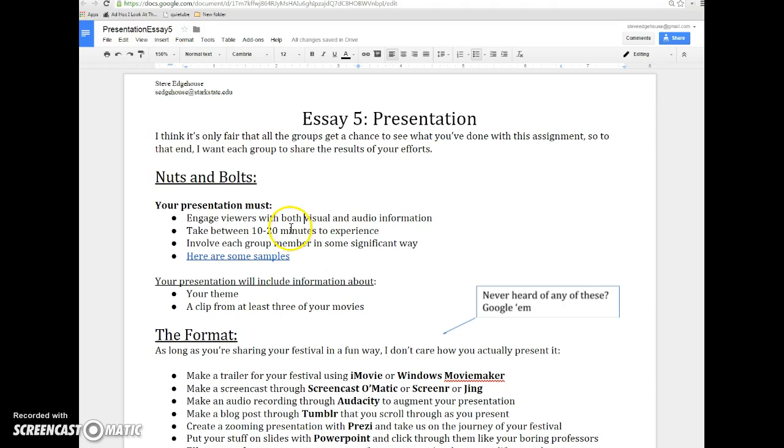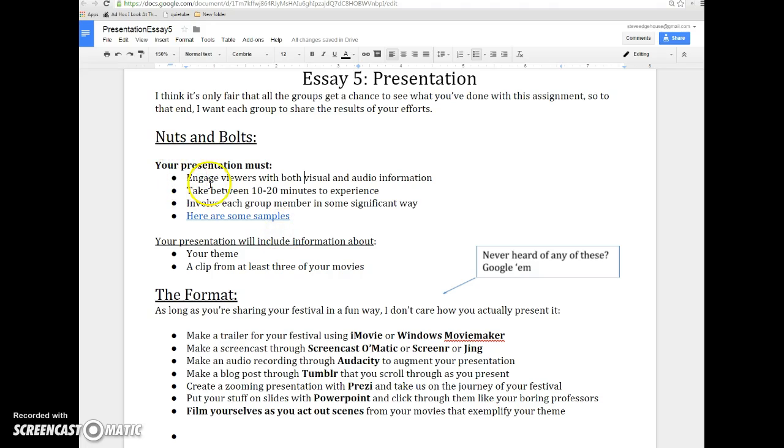So what you've got to do is make a presentation that augments, that supports, that summarizes, that boils down, that gets viewers excited about your collaborative essay. Sorry, maybe I went to my screencast today. Whoops. So what you've got to do is provide readers with both visual and audio information, and